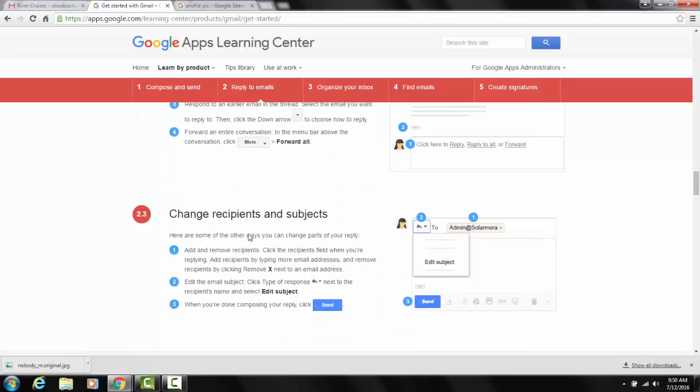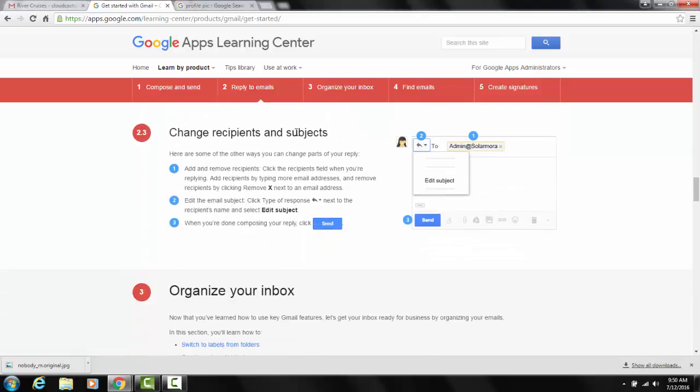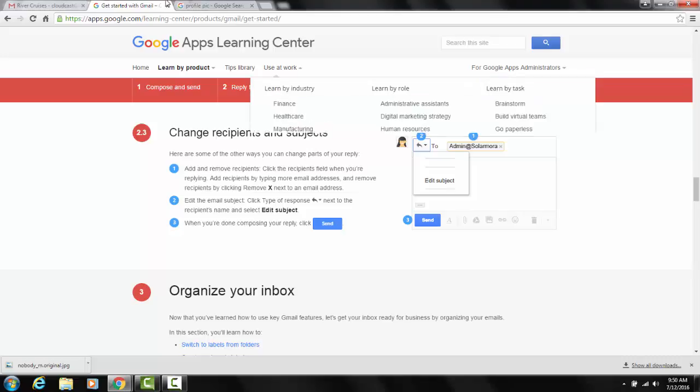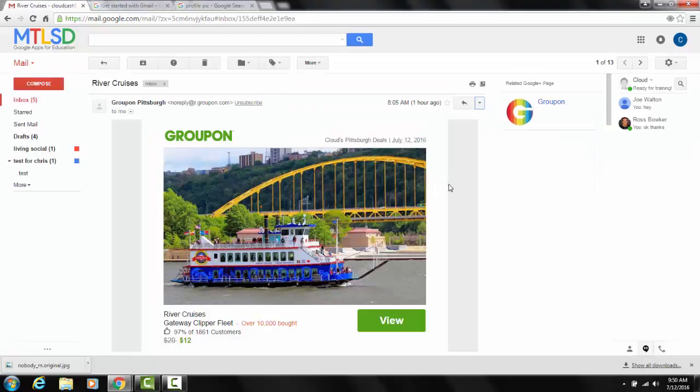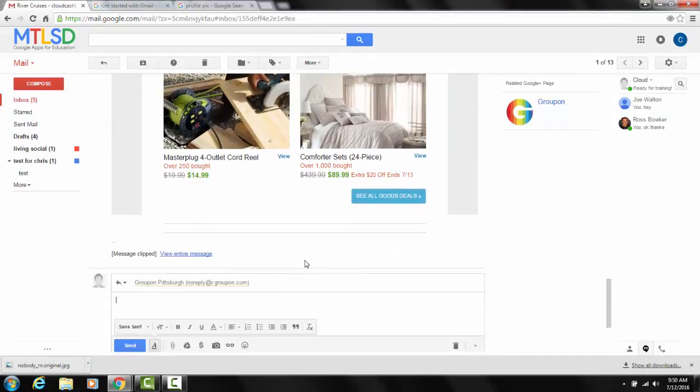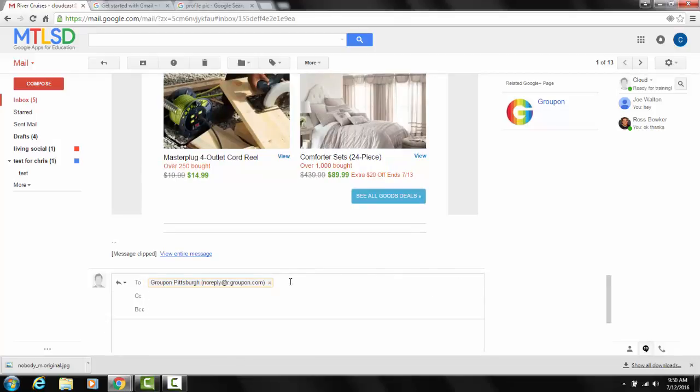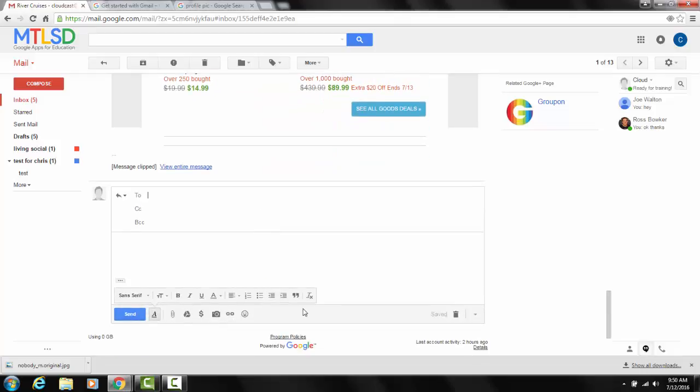All right. Again, changing recipients and subjects, I've already talked about that. Again, it's just as simple as typing the email address that's in there. Now, if we go back to this mail, and I'm going to respond, and I want to add or change recipients, I just click in here. There's the CC and the BCC. Or if I want to take that guy out altogether, I can X him off. I can put someone else in,